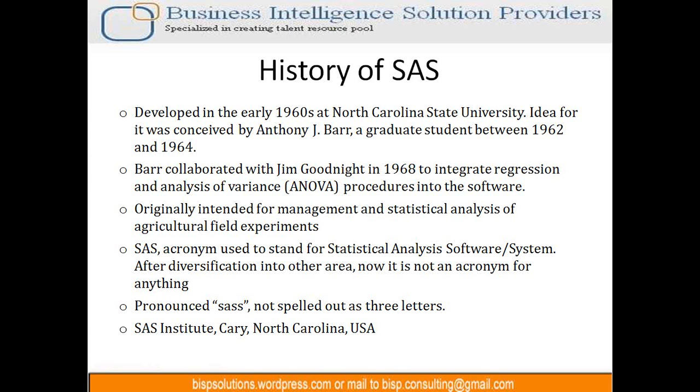At a later point in time, Anthony Jaber collaborated with Jim Goodnight, and they integrated a few more analytical features, such as analysis of variance and regression. From that moment onwards, the software started being used with a wider horizon, and SAS came to be used across multiple industries.